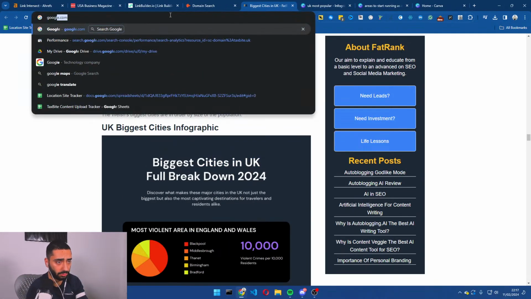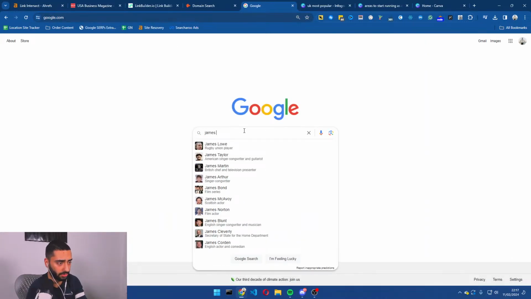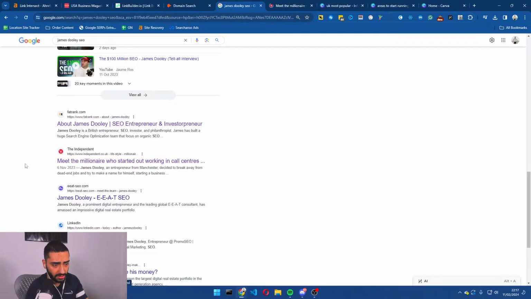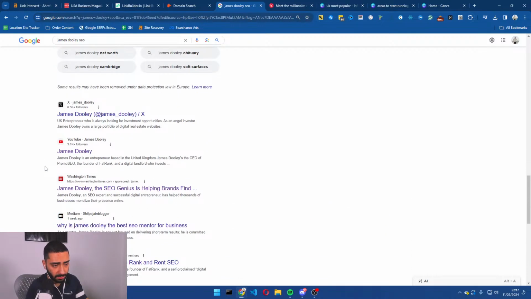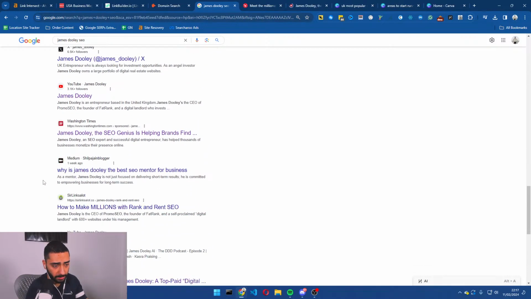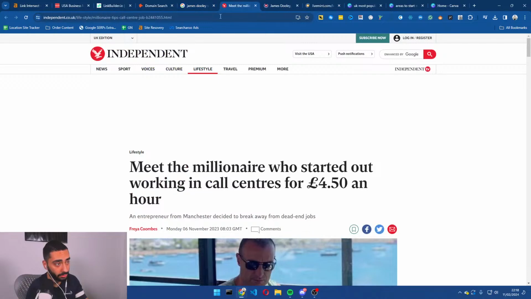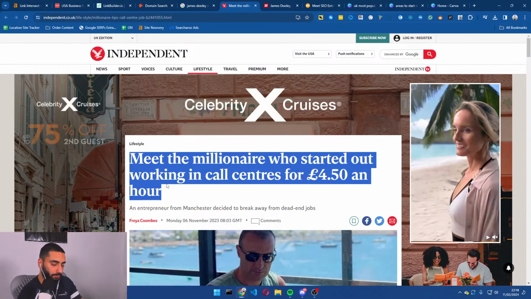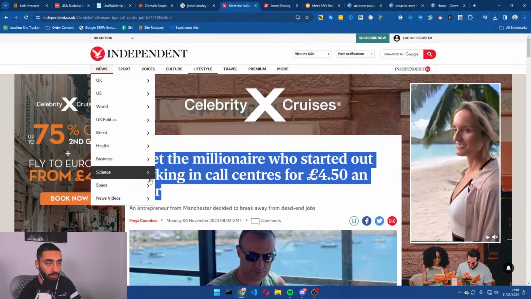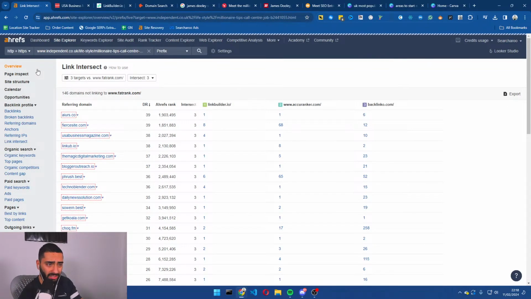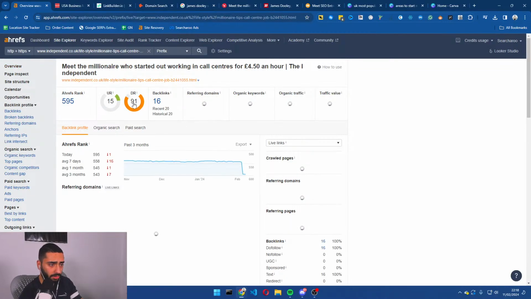Outreach style number 2 we're going to talk about is, if we just take a look here. As you can see, we have got some really high PR publications. So we've got The Independent, we have got Washington Times, and we also have Live Mint here as well, right? So basically, if you want to get published on the higher authoritative websites like these, what is The Independent? Is it DR90, I believe?